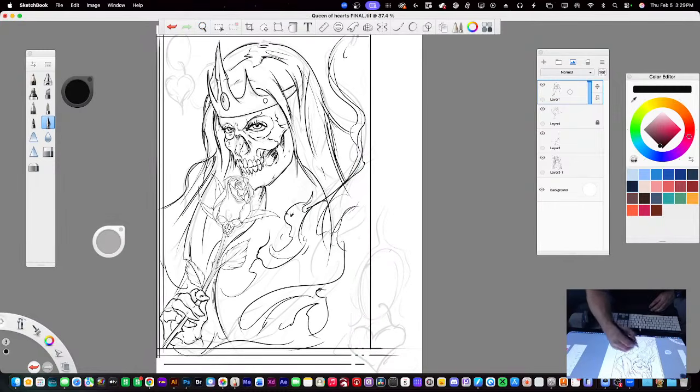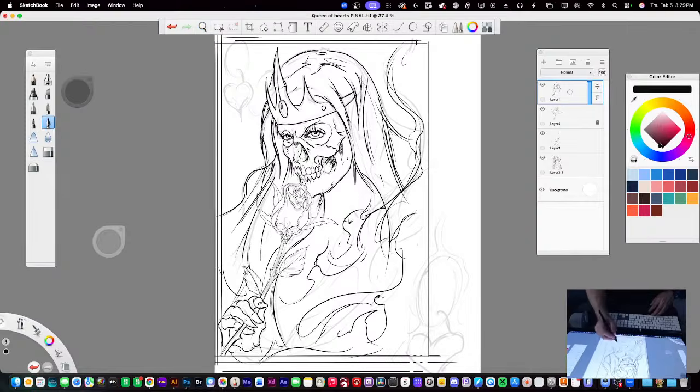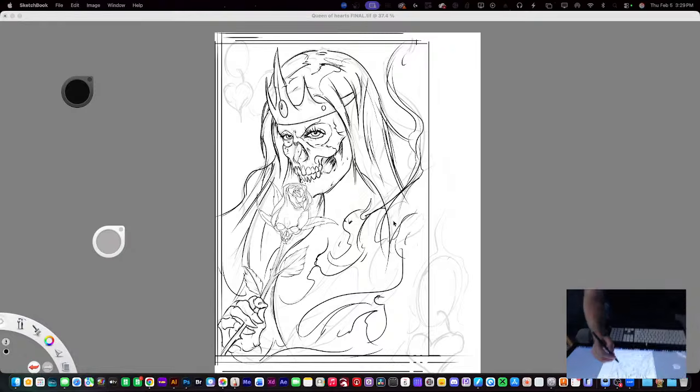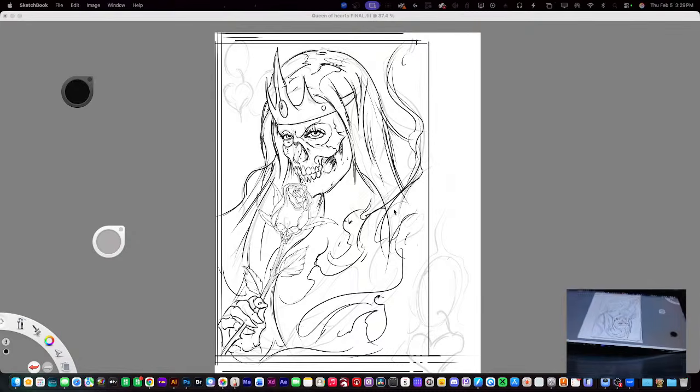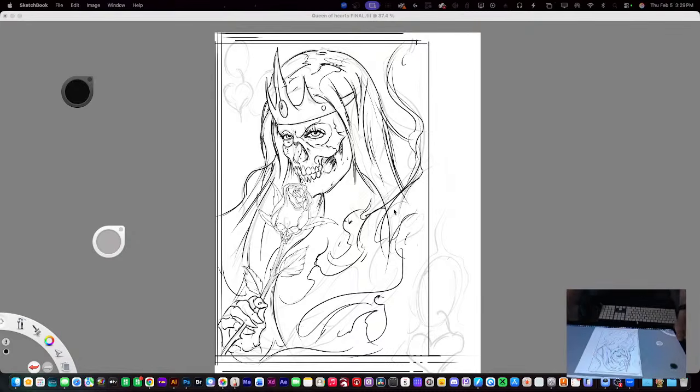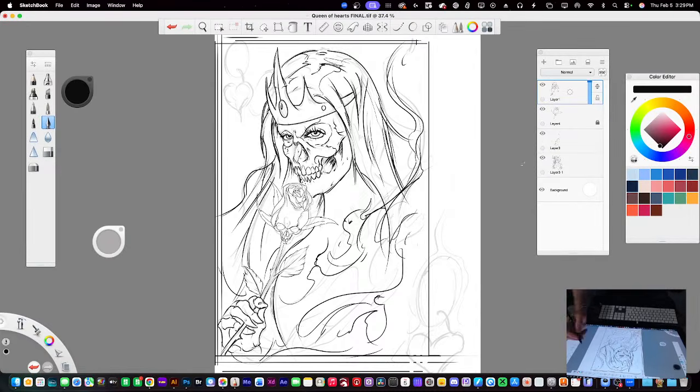So yeah, this will be hair, and it's going to be all done in pinks. You guys want to see a cool trick? A lot of people have this. So I draw usually in color, and a lot of times I'll draw in a color. But say you drew in black, and you wanted to change the color. Sorry for the camera movement, guys. If I wanted to change the color, here's a little trick.